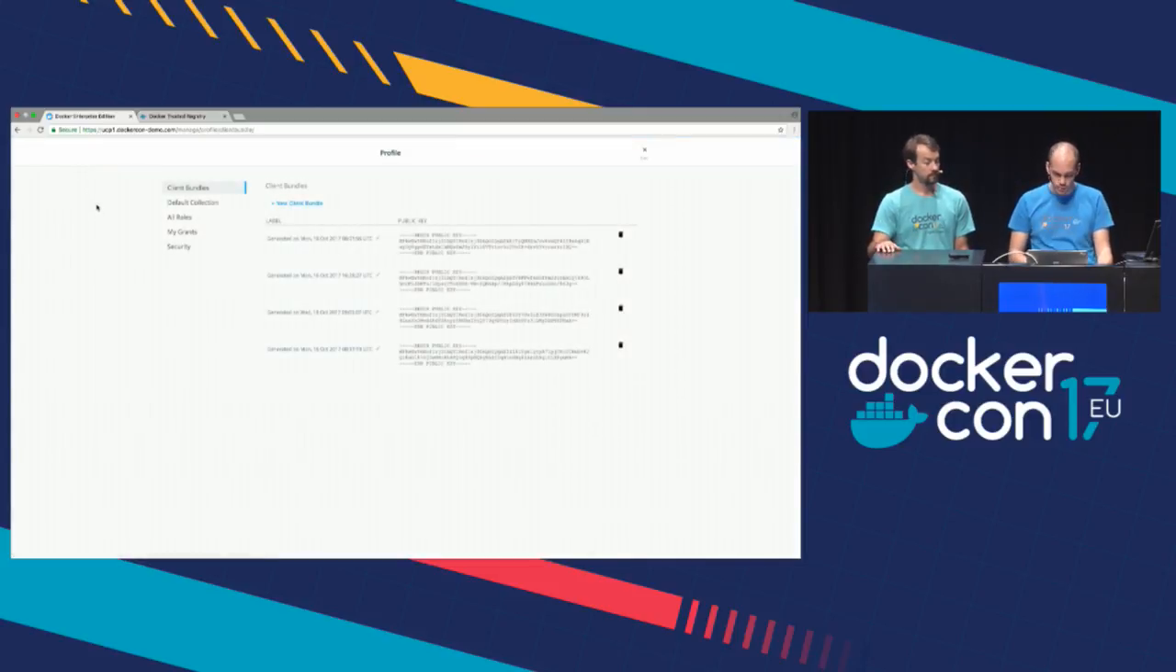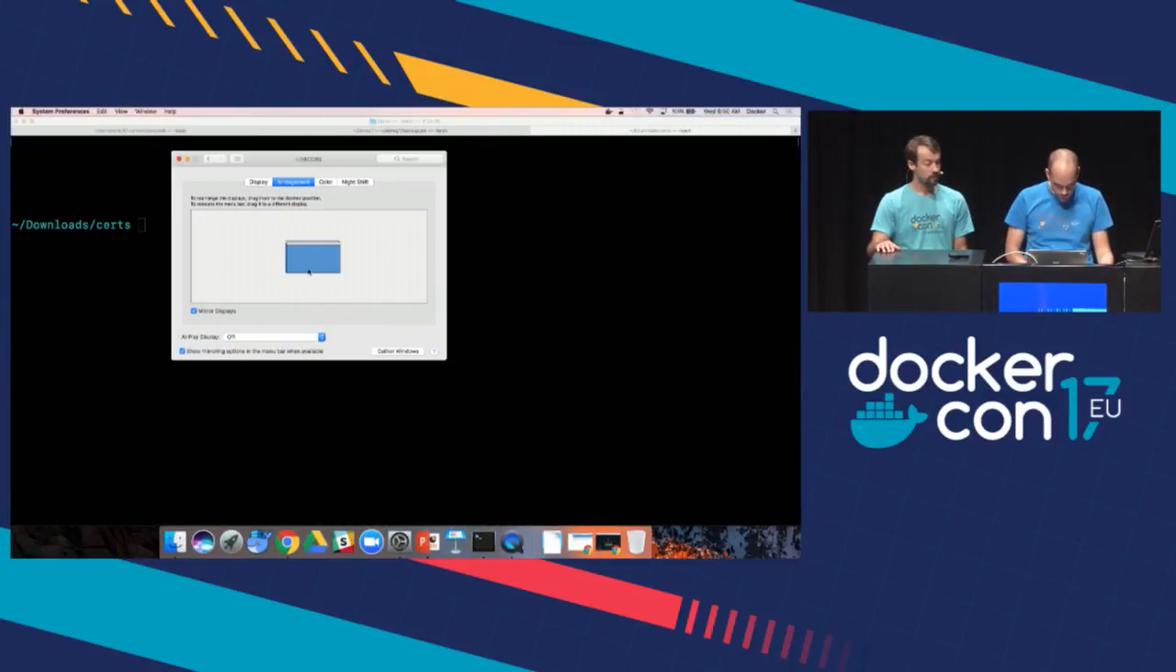One last thing we didn't fully explore in the keynote demo is how to use the client certificate bundle feature. Every user is able to go to their own profile page in Docker Enterprise Edition and click this new client bundle icon, and that will download a zip file. Now what that does